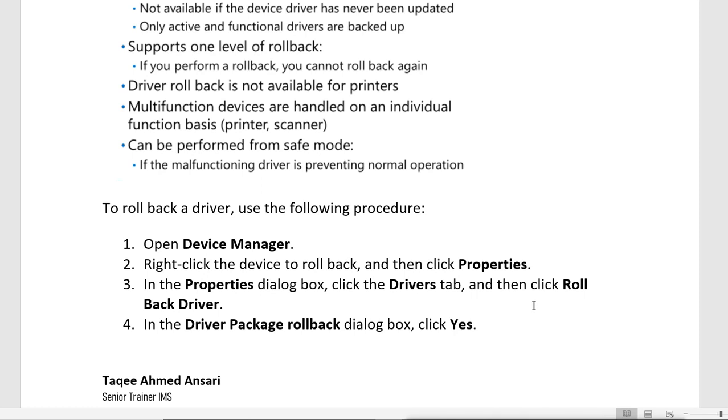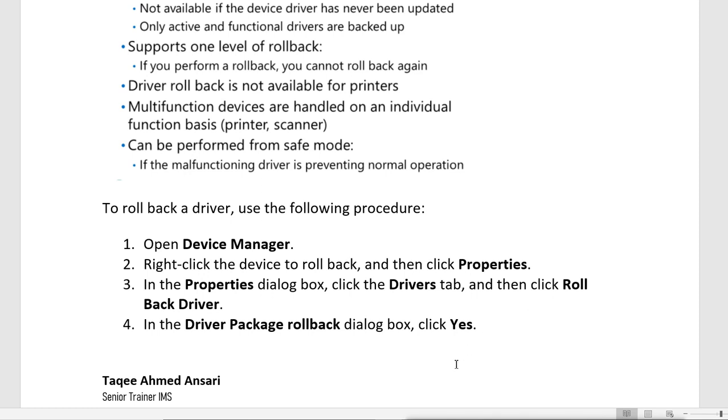But this option is only available when you have recently updated the driver. If it is not updated, you will not see that option, and it can be used only one time. That means you can go back one level, not multiple levels.